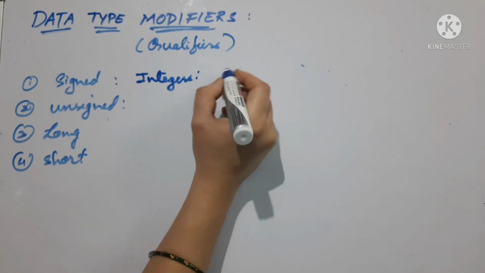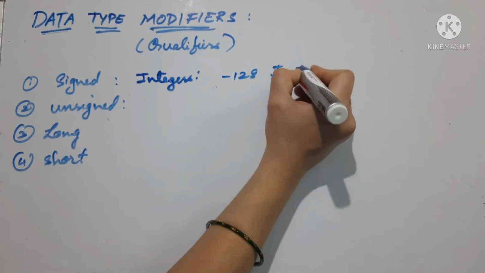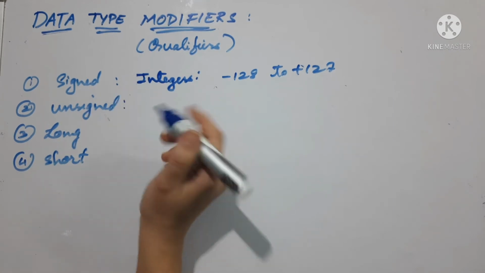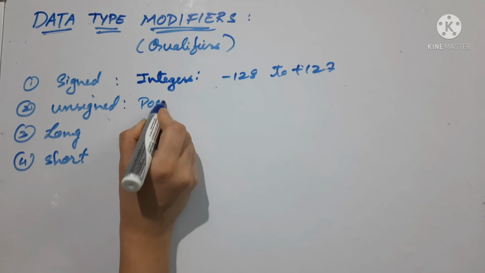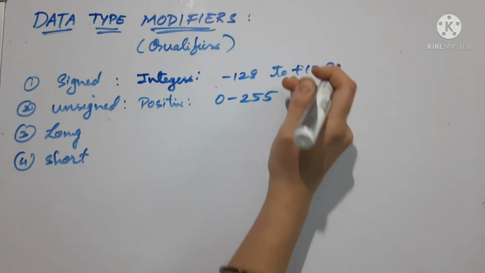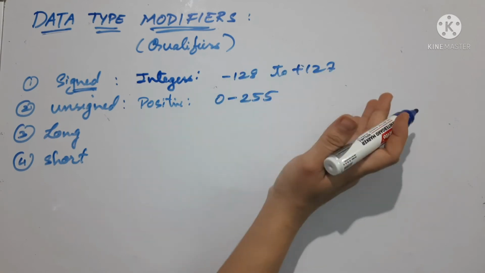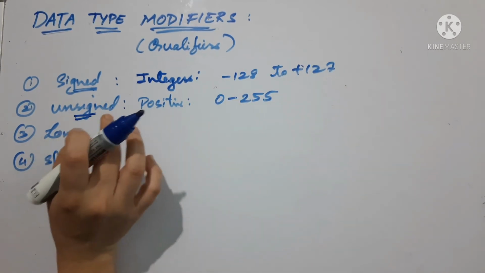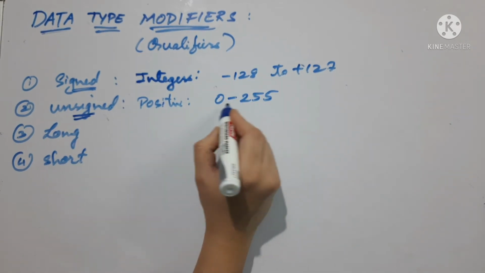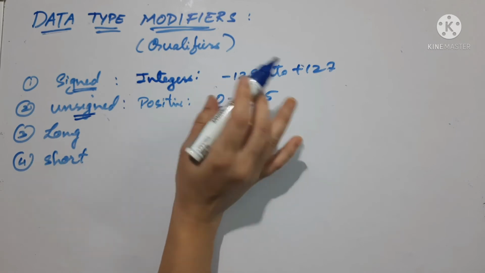For example, if I take the range of values for integers, normally how much is the value? It is minus 128 up to plus 127. So, these are the values, and this comes under the signed category. If I take unsigned, that means they are always positive, only positive values are allowed. So the range will be from 0 to 255. Try to understand the difference. If I am using signed integers, then the value will be from negative to positive. Whenever I mention unsigned, the user cannot use negative values, only positive values are allowed. That is why he can use up to 255. See, they both take the same bytes.